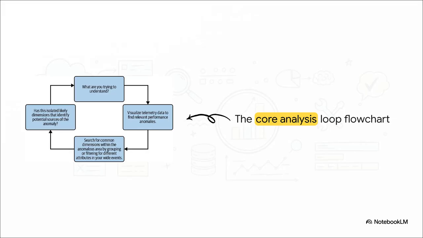What's really interesting here is how this process creates a continuous, tight cycle of iteration until your explanation perfectly fits what you're observing. It's a relentless, step-by-step methodology. You always start by asking what exactly you are trying to understand. Then you visualize the data to see the shape of the problem. You search for common dimensions within that shape. You isolate the anomalies, and then, this is the important part, you ask a new, much more refined question based on what you just learned. You just keep running through this tight circle, zooming in closer and closer until the root cause becomes blatantly obvious.